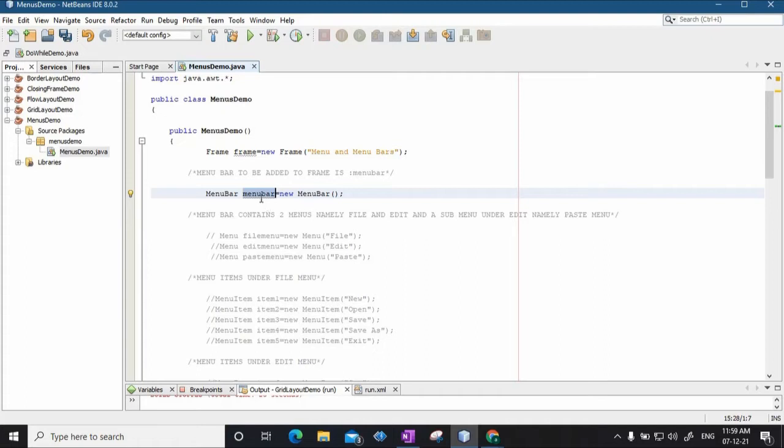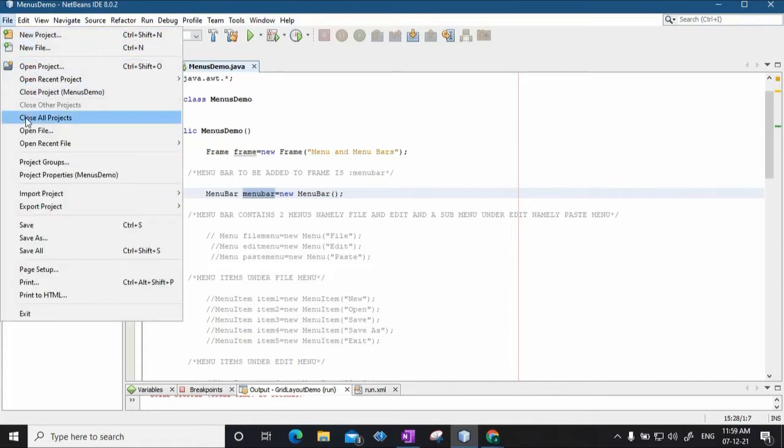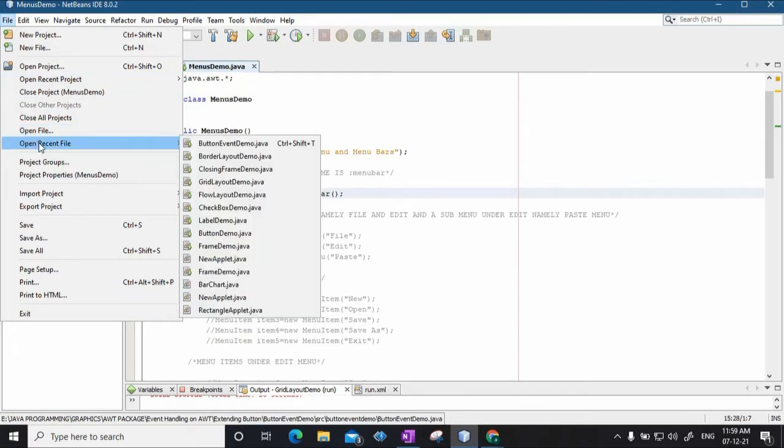And so on. So you can see here on this NetBeans also, this file, edit, these are the menus, whereas this bar itself is a menu bar. When you click on a particular menu, these are all the menu items that get opened. Many times, open recent file itself is a sub menu. Within the sub menu called open recent file, you have different files that are opened. These are called different menu items.